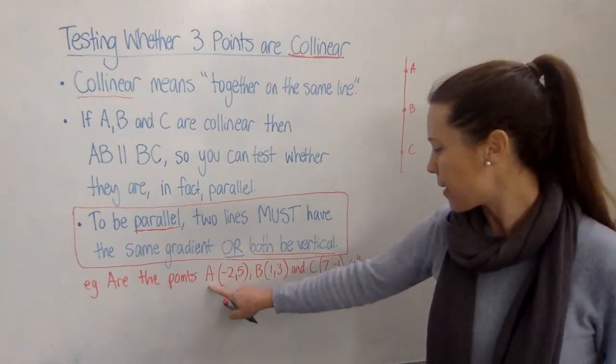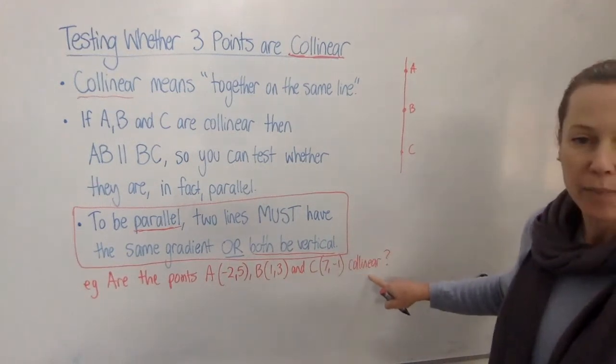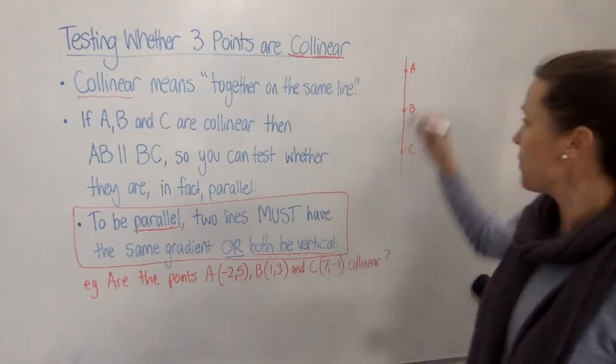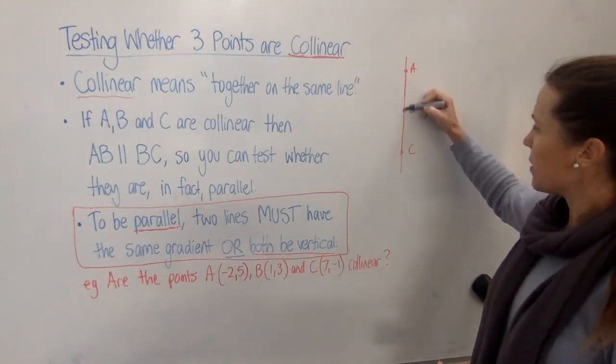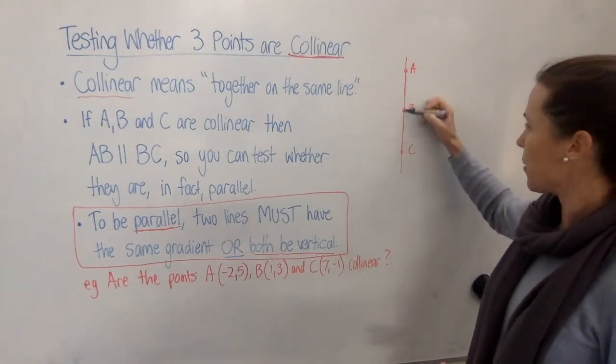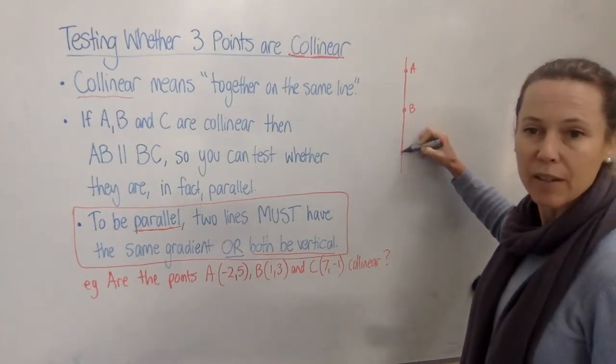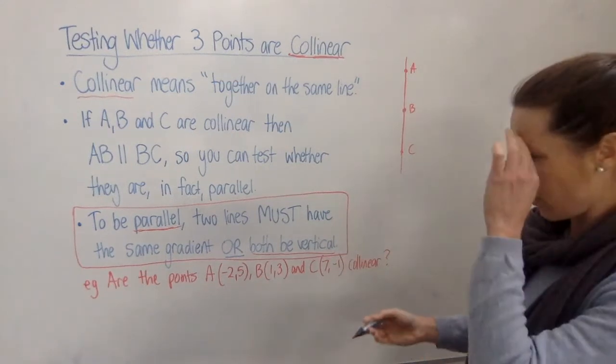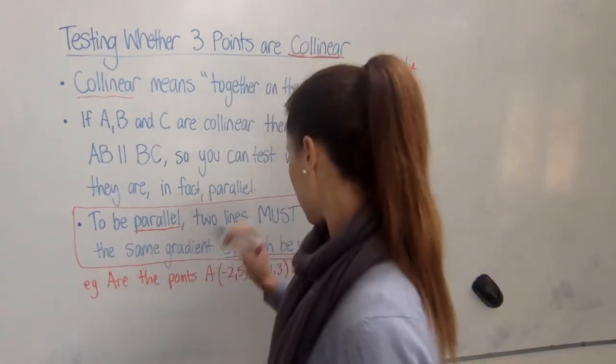Are these points A, B and C collinear? All right, well the test for that is if they're all together on the same line, then this line, AB, has to be parallel to that line, BC. And since B is on both of them, obviously they're all on the same line. So the way we'd set it out is just say